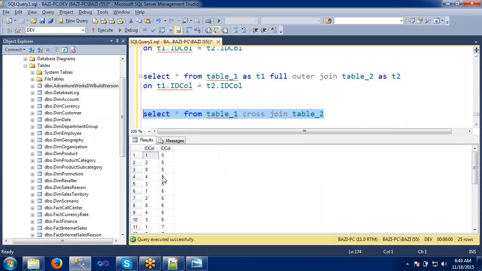Like this, it's matching with every record. Like this, we have to apply the cross join. Generally, we don't use the cross join, because only in very rare cases will we go with cross joins. But this is how we apply them.